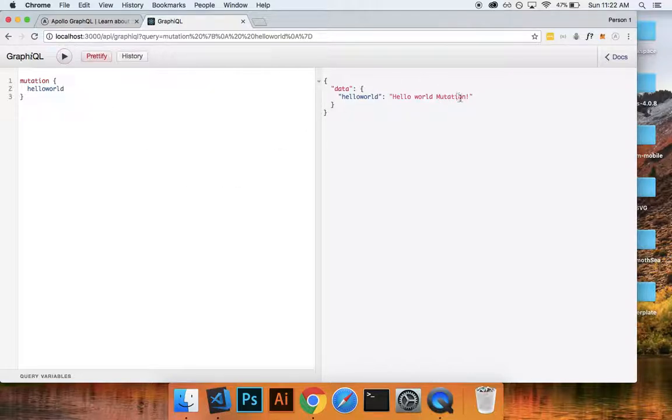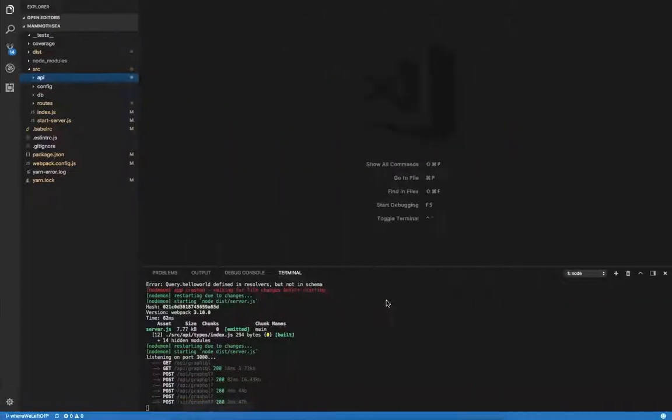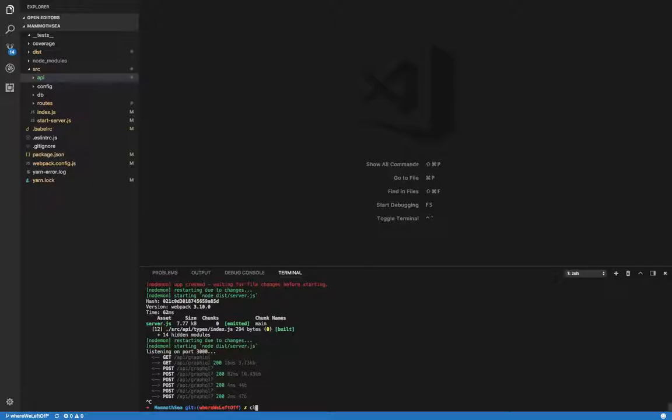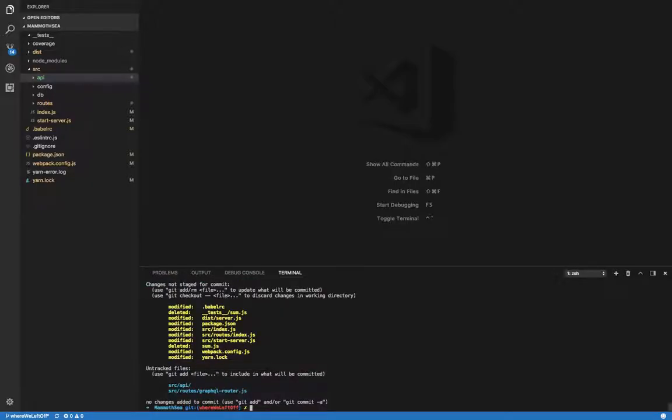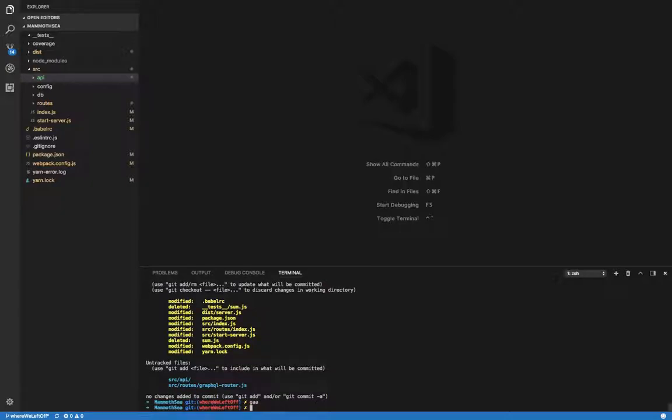Bam. Hello world mutation. It's beautiful once you see it. Alright, let's go ahead and stop the server, clear. Let's go ahead and git add all. The commit message would be add GraphQL